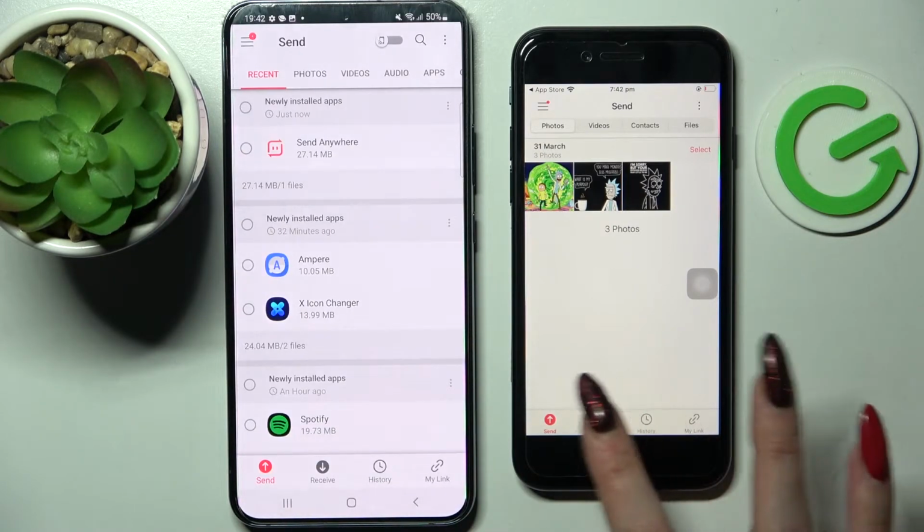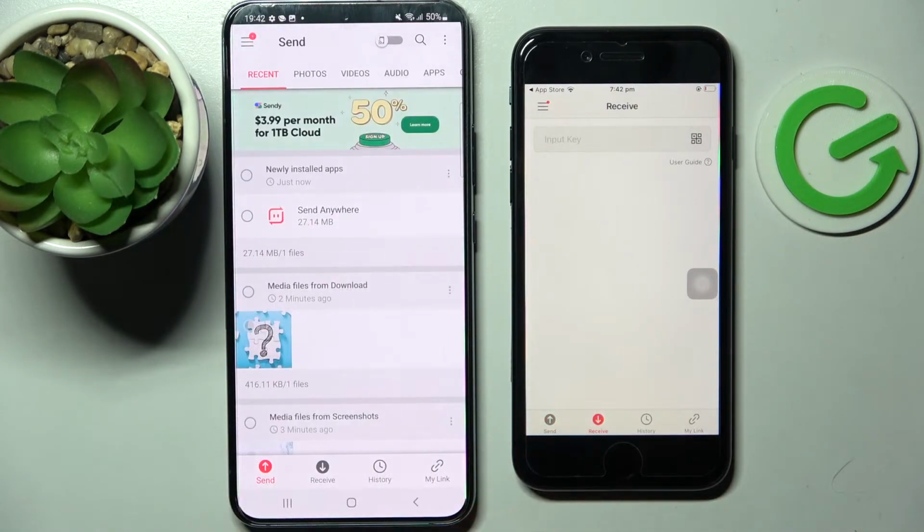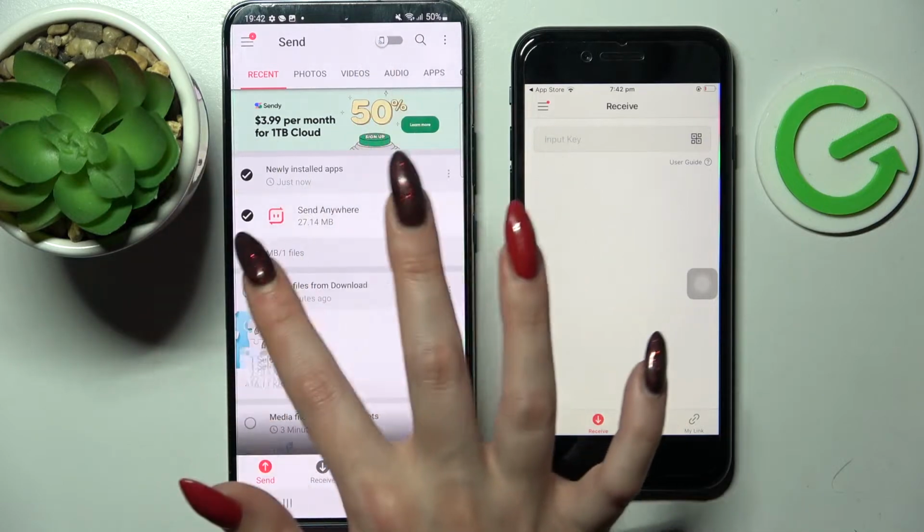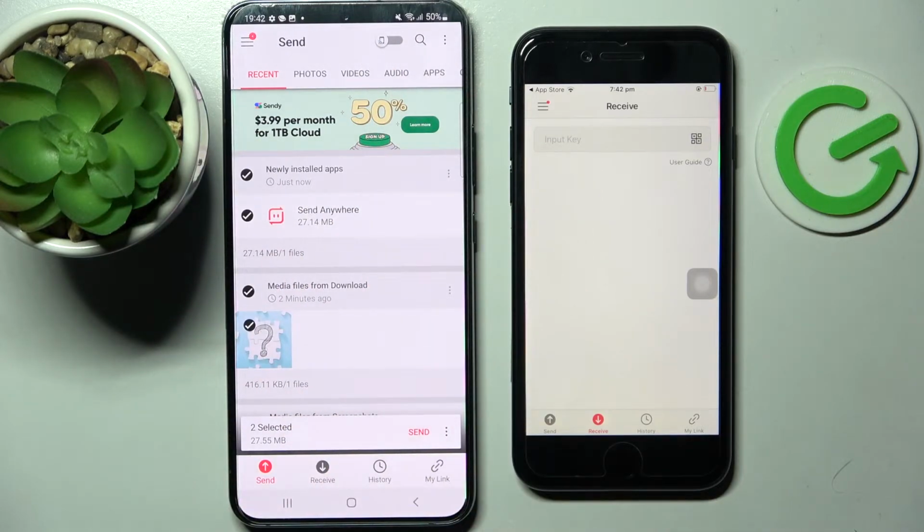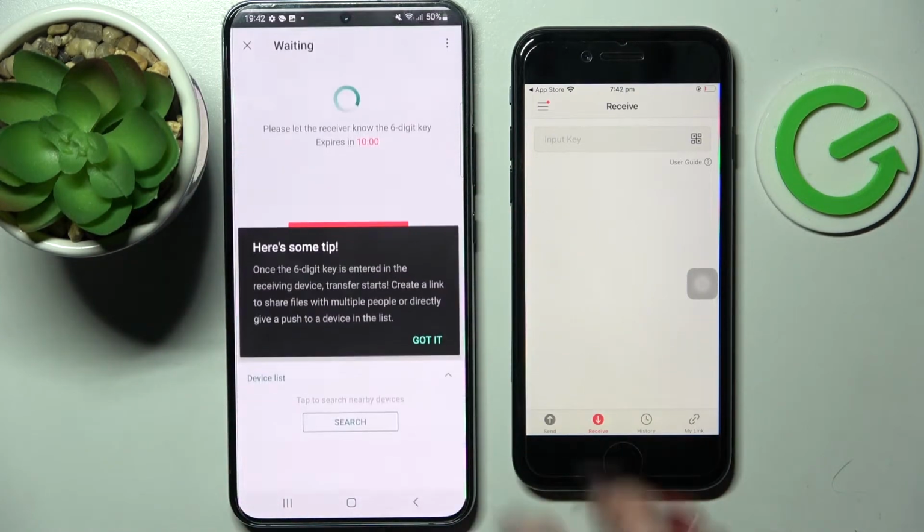Following that, choose receive on iPhone and send on Samsung. Now tap on all of those dots and select send. This way you will select all of those files and transfer them. It will take some time though, so I will go with only one file, just send and tap on got